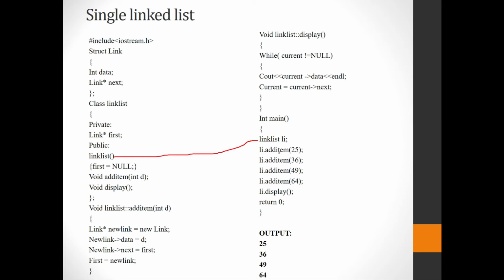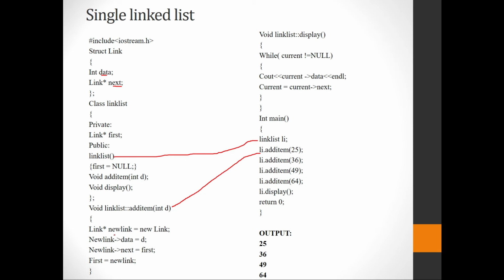Now it searches for a function which is named addItem. Yes, it comes over here. Your D holds the value 25. You can see here link. What does a link mean? Yes, link is going to be your node. Instead of node, you can have any name. So here in this program, you can see link. So now you have a structure named link. What does this link have? It holds both the data part and a pointer which is called next. So you will have a data and you will have something which is called next.